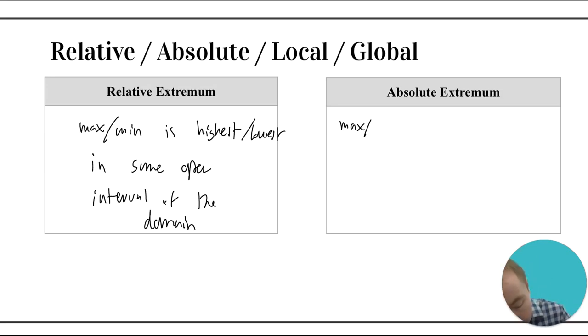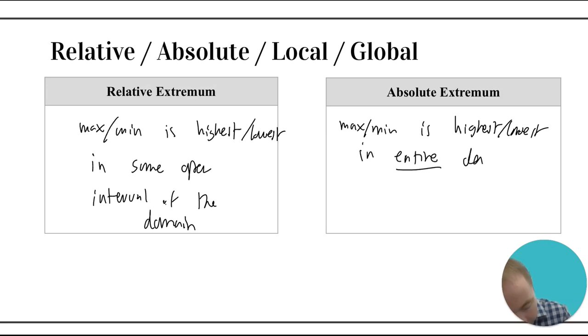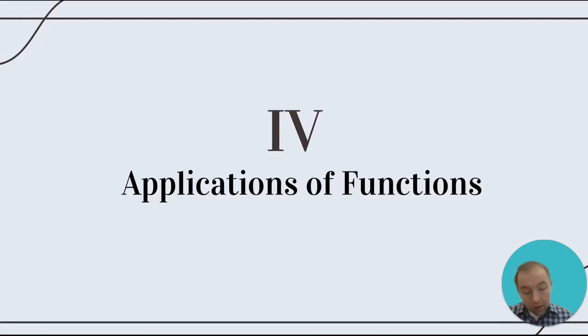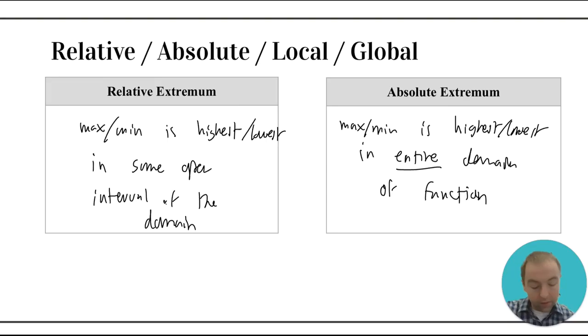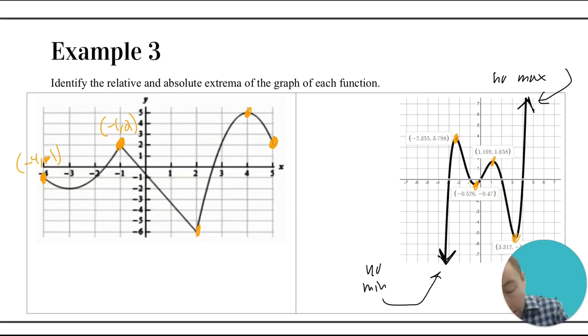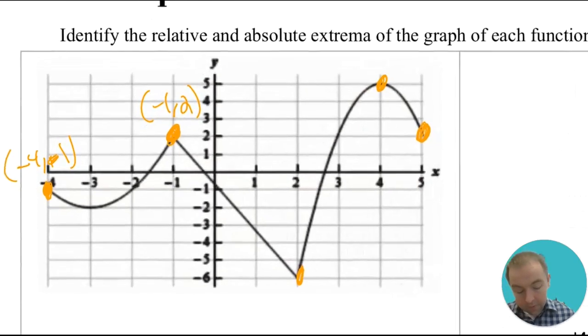So it needs to be a max or a min that is the highest or the lowest in the entire domain of the function. Okay, so rather than just some open interval of the function, it needs to be in the entire domain and be the highest and the lowest. Okay, so jumping back, sorry, we need to go backwards here to those couple of graphs that we saw. When we look at this first graph that we see right here,